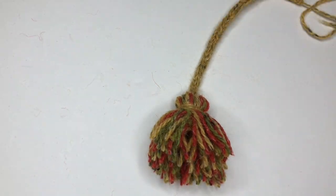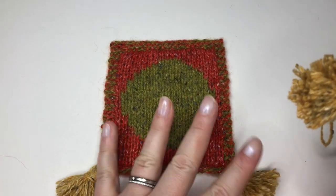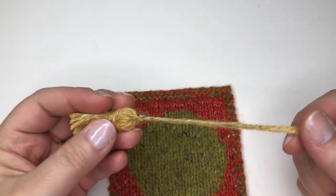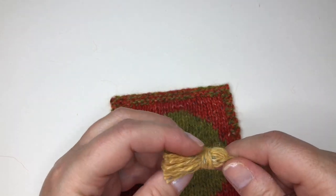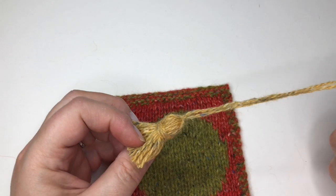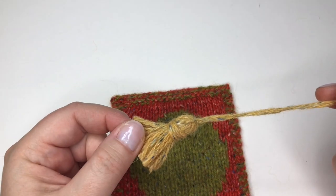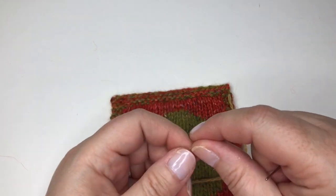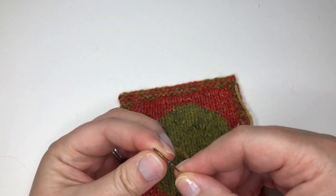Attached to the I-cord. A little quick video about how to attach tassels to the corner of either the coasters or the pot mat. So I've made the tassel, and in the booklet I'll tell you how many wraps I did around what size of card for each of them. Let's just assume you've made the tassel, and I've left the ends long, and all I'm going to do is thread one end through the needle,